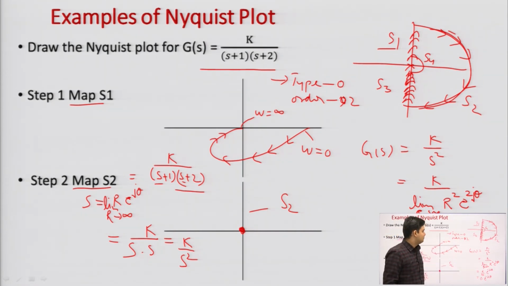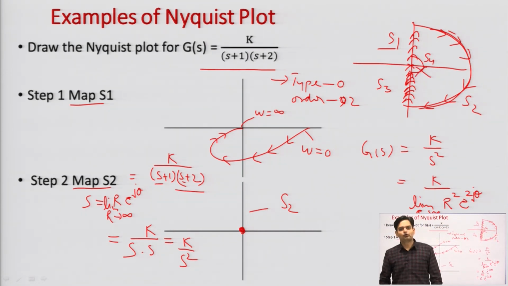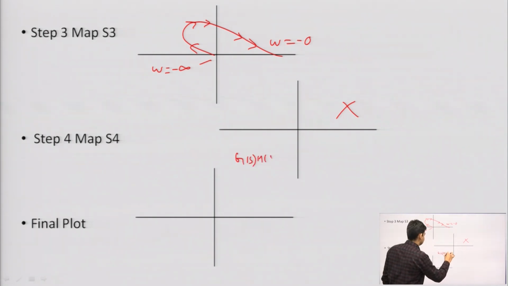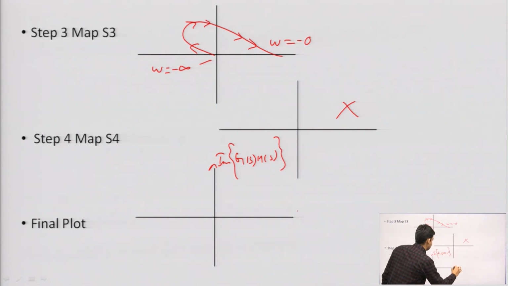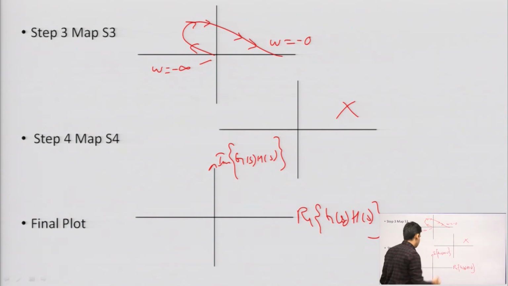No, it means we do not need to plot here S4. Okay. So, now we would like to sum up all those things, it means step 4 will not exist. So, this plot would be in the GS-HS plane, this would be the imaginary of GS-HS and this would be the real of GS-HS. HS is unity, you can say it is the GS plane also.